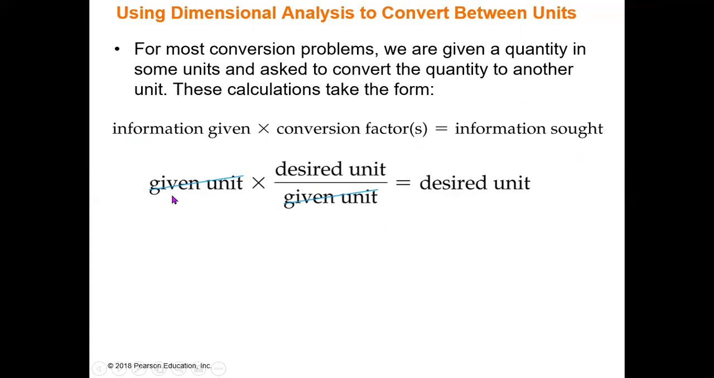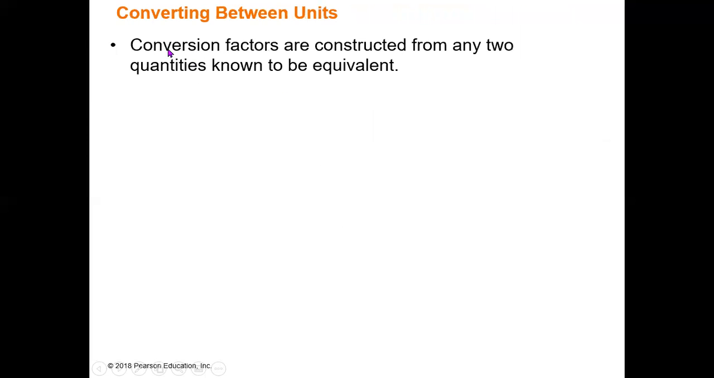Writing it another way, it is the given unit multiplied by the conversion factor. Conversion factor means conversion fraction. Then you cancel out the given units and you get the desired unit. When converting between units, conversion factors are constructed from any two quantities known to be equivalent. For example,